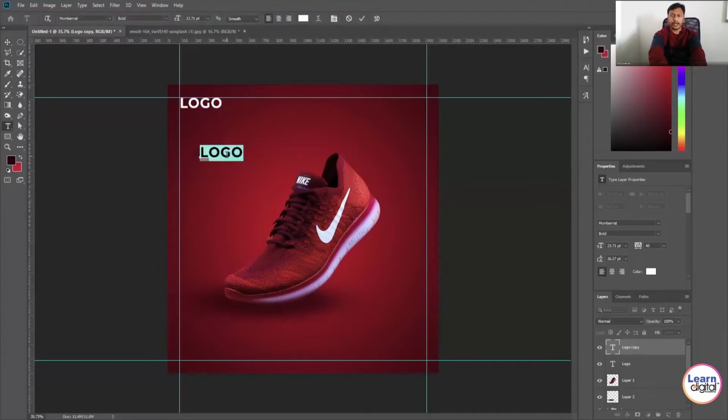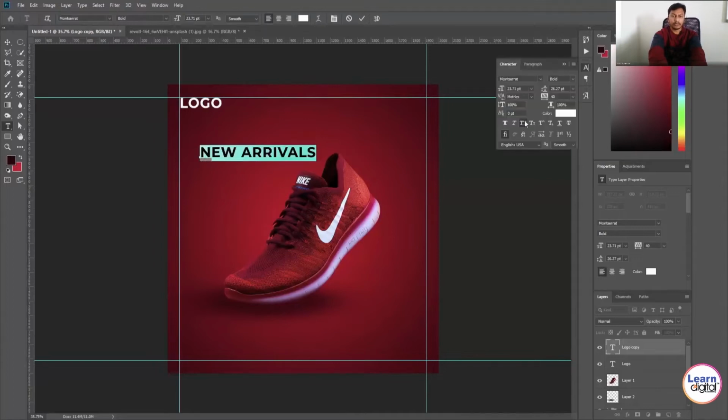Whatever text you need, you can add. As a banner design, here I'm adding like new arrivals. Make sure that whatever text or font you are using, it should be more readable.